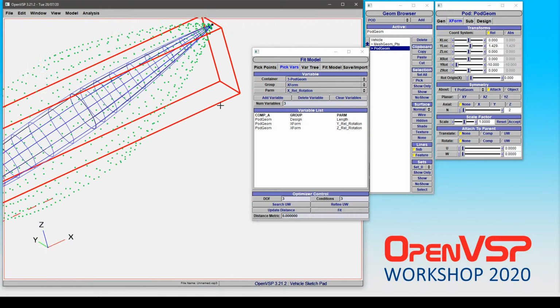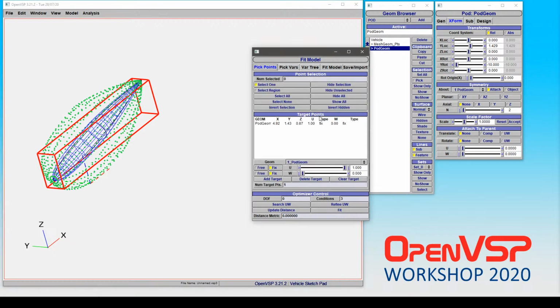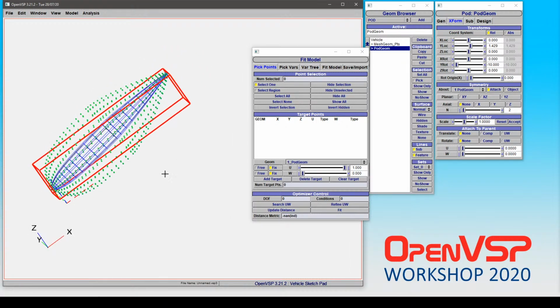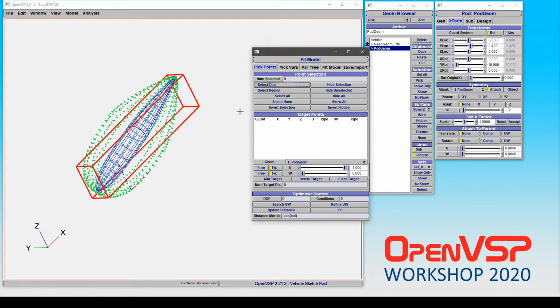Now that we have those two, really the only thing that needs to change is to give it the fineness ratio and try to recover that shape. So again, we clear our variables, we clear all our targets, and we're back to square one. We could pick any surface on here that we like, but why don't we just pick a handful of them and see what we can do. So instead of select one,